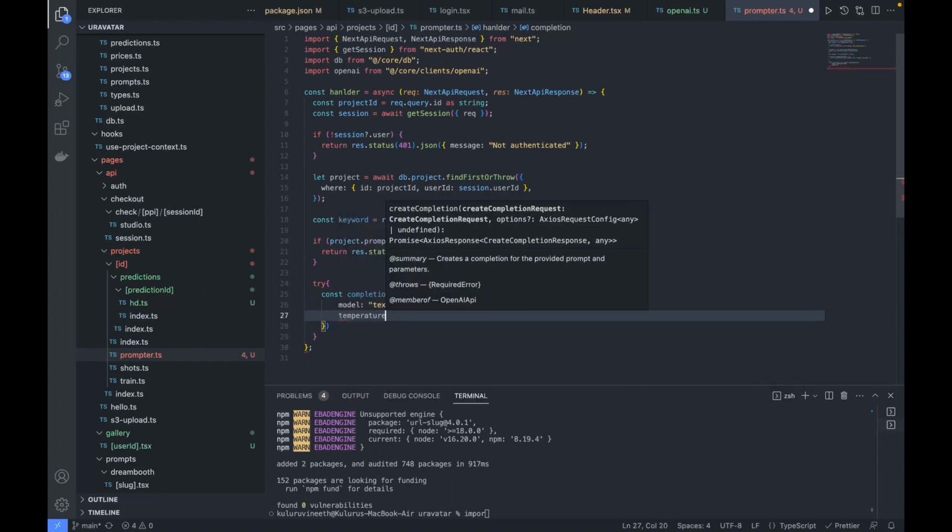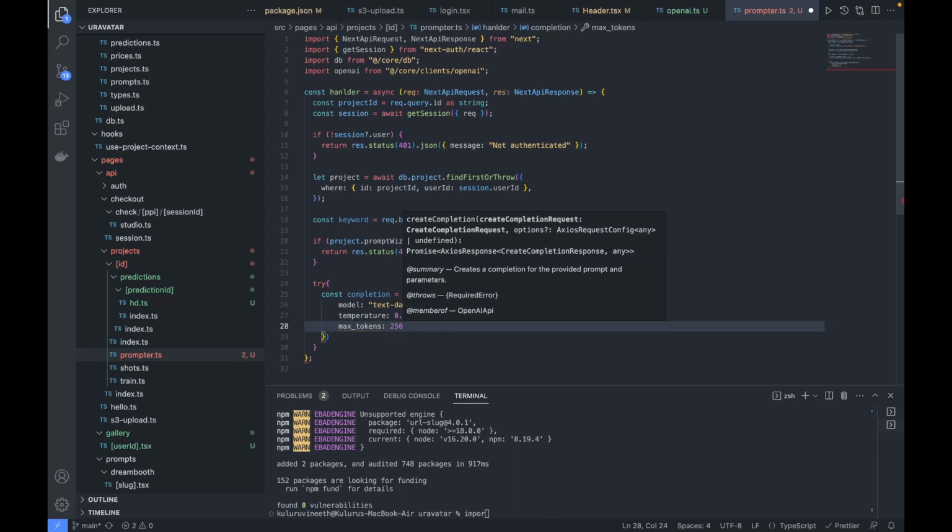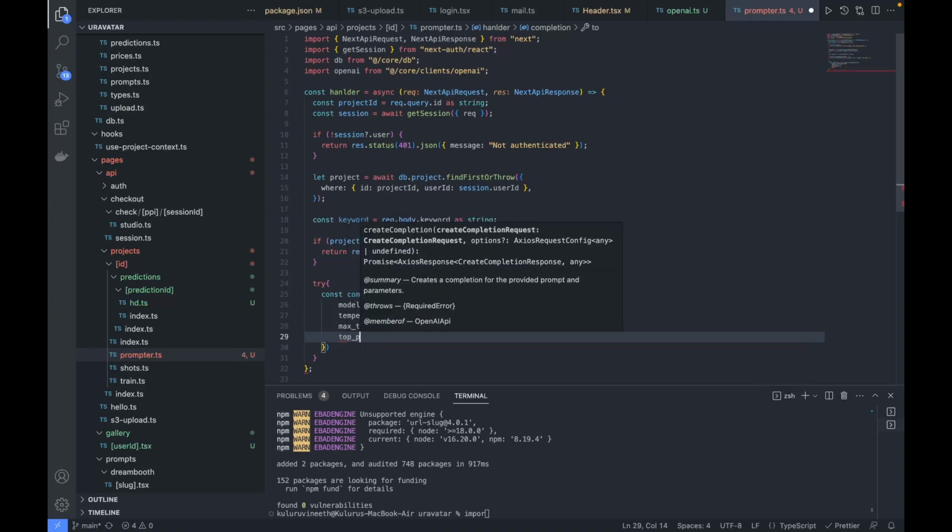The temperature that I'm going to set is 0.7, and the max tokens, let's restrict it to 256, and the top probability we want just 1, and the prompt is,